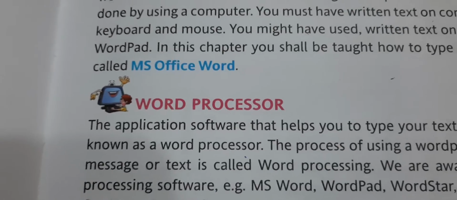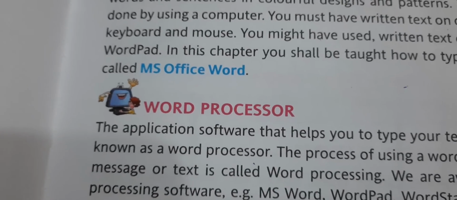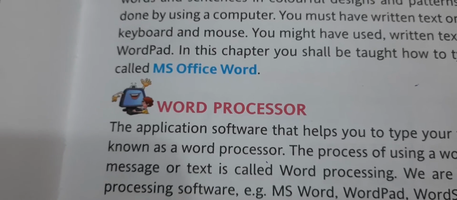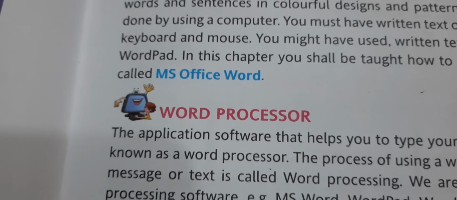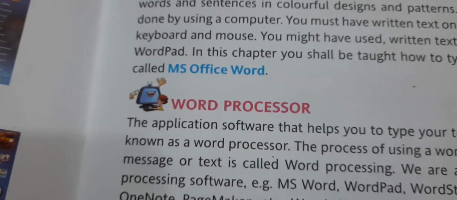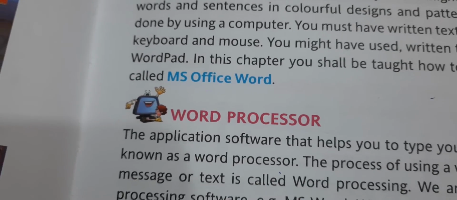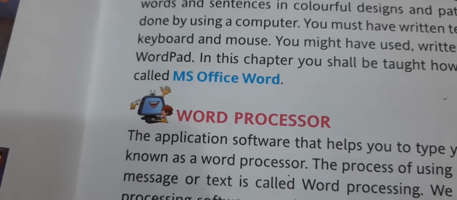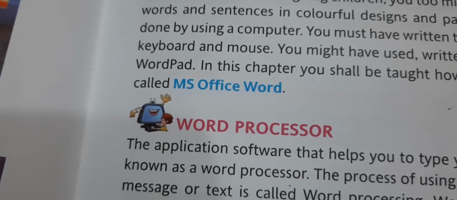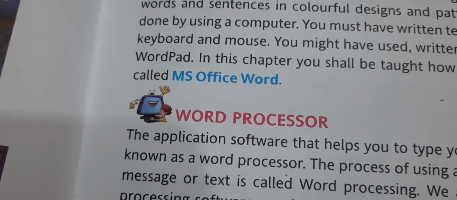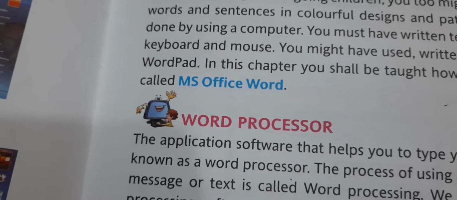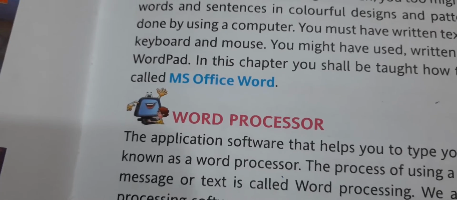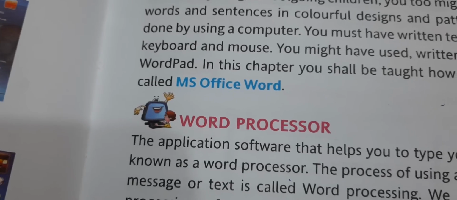Word processor is like, let's say children, your mother must be using a food processor at home. You must have heard this word, food processor. So word processor is almost like food processor. What do we do with the food processor? While preparing food, we need to do many things with the ingredients, the things that we use while cooking food. We need to chop them, we need to blend them, we need to do many things with them. So food processor is used for all this purpose. Same way, because you cannot eat raw food, that is why you need food processor.